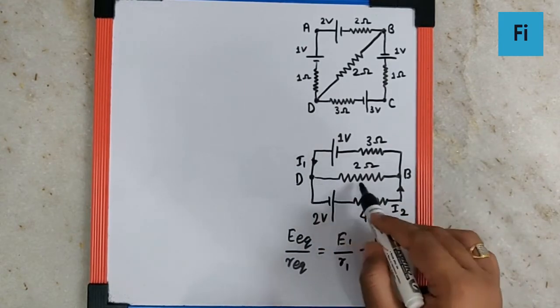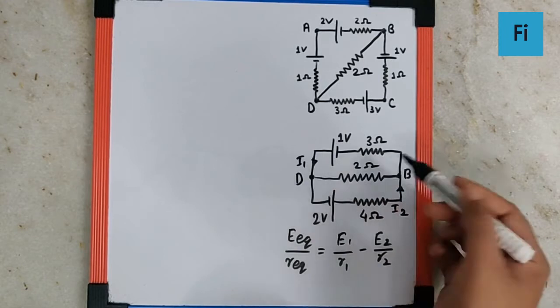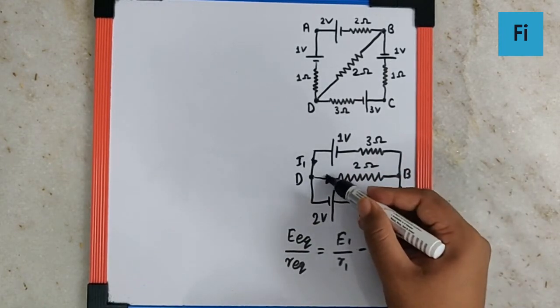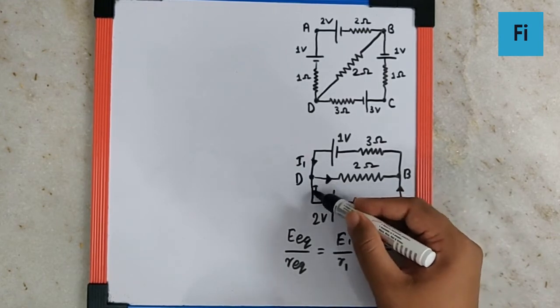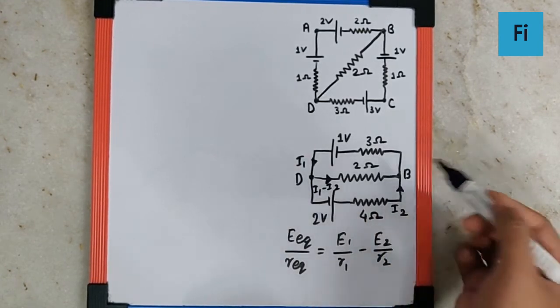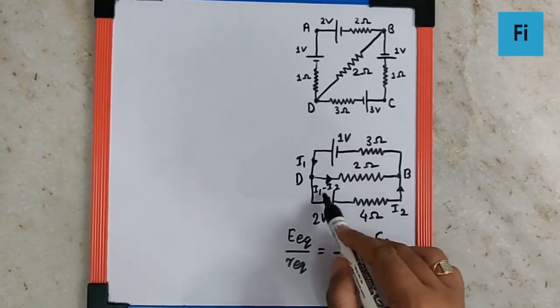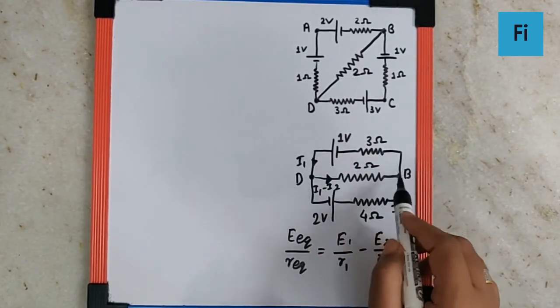So I1 goes over here, I2 goes over here. So if we assume for the time being that I1 is greater than I2, we can have current in this direction as I1 minus I2. So now because of this minus sign, that I equivalent in this branch is nothing but